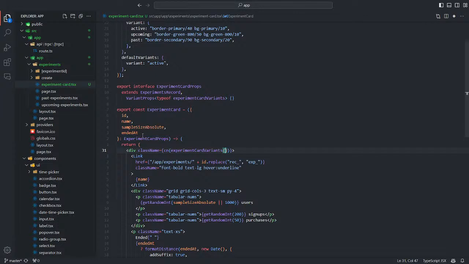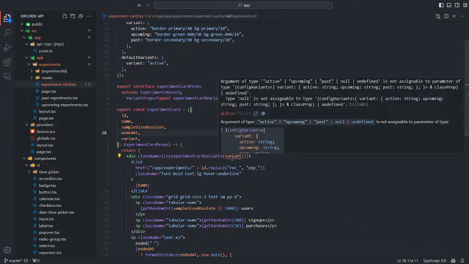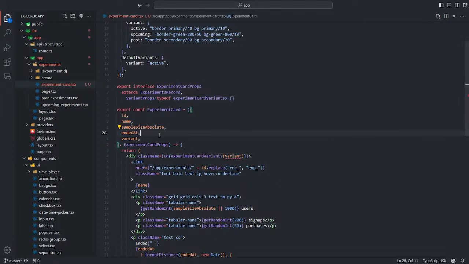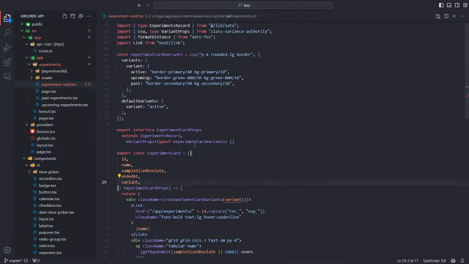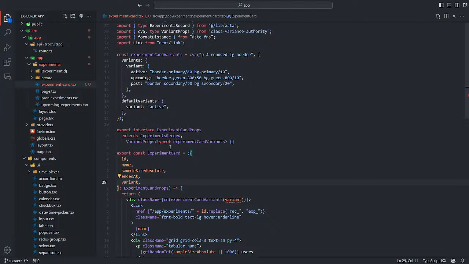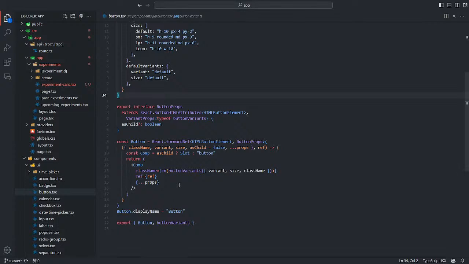Here we only have our variant. React HTML.